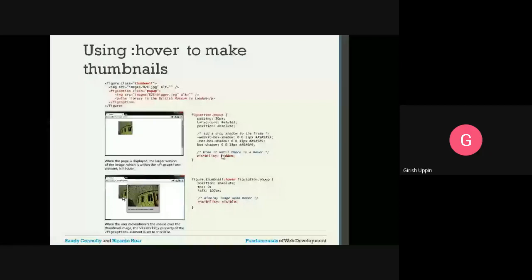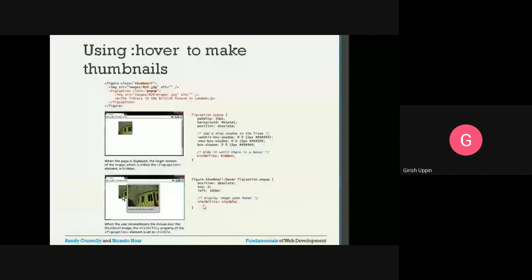And we have a property set here like figure dot thumbnail colon hover figcaption dot pop-up. Inside that I have position absolute, top 0, left 100, visibility visible.